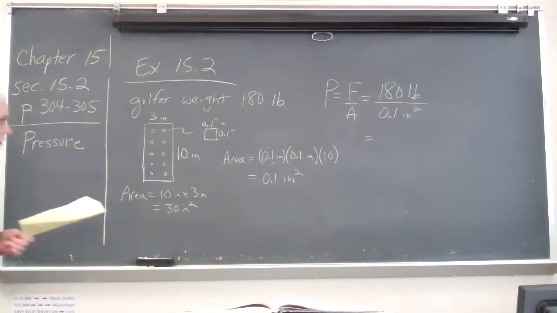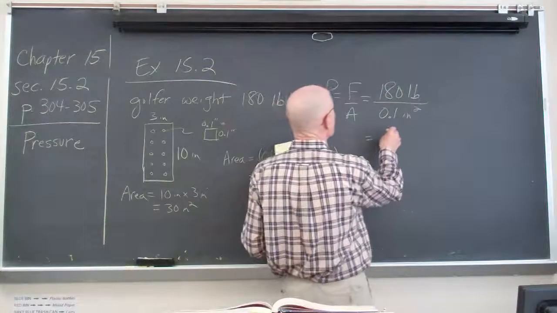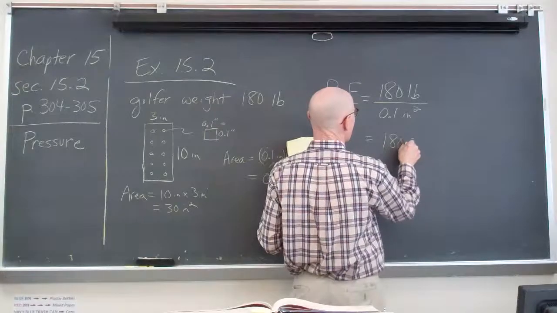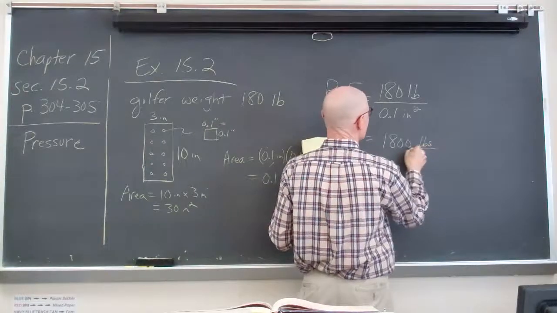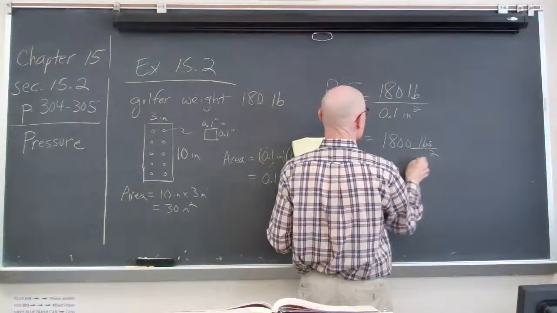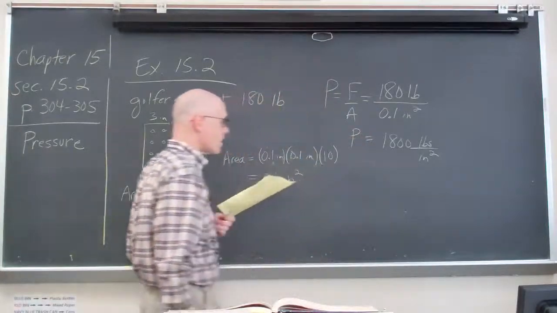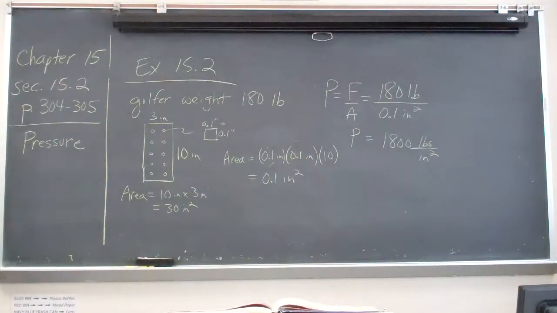In this case, it's a very, very big number. It's 1,800 pounds per square inch. Does that sound like a big number? It is. It's a very big number. And because of that,